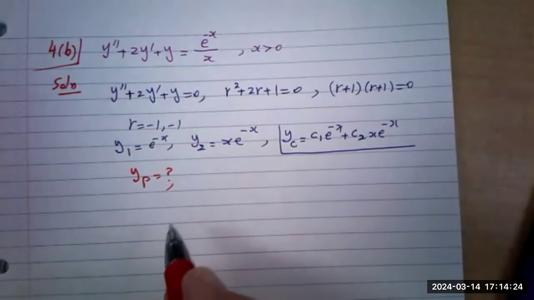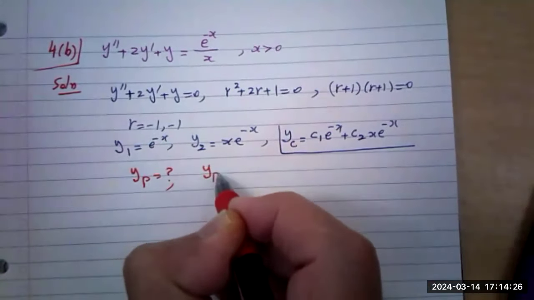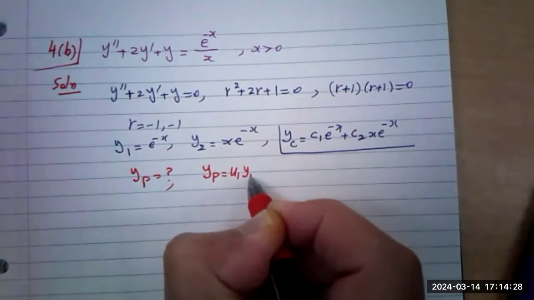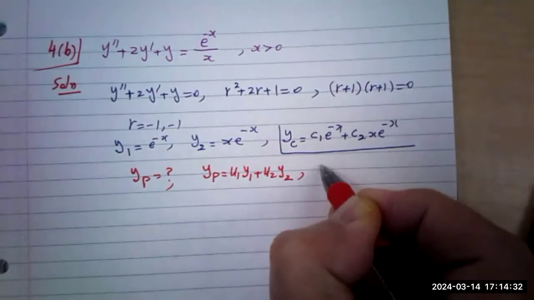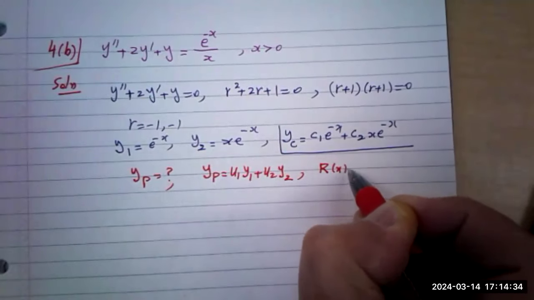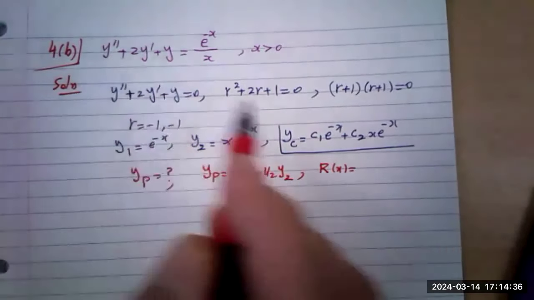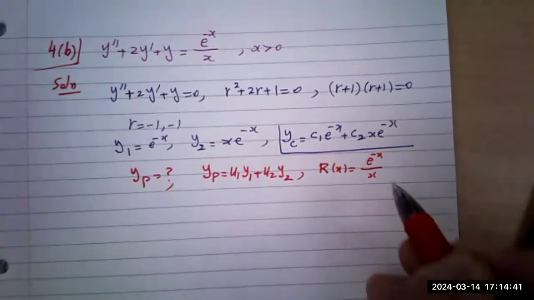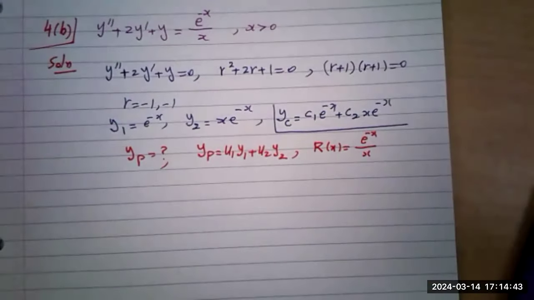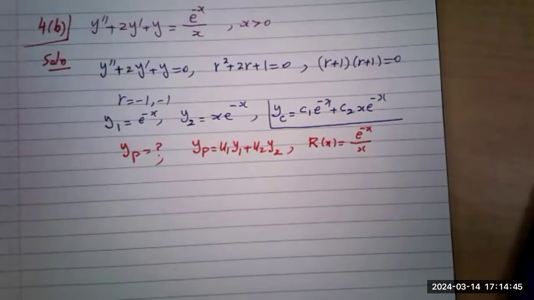Okay, yp, variation of the parameter. So yp would be u1 y1 plus u2 y2. And we identify the r of x. R of x, the coefficient of y double prime is 1. So that would be e to the negative x over x. Okay, now we have to work on the